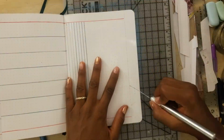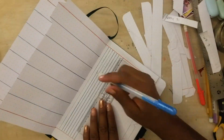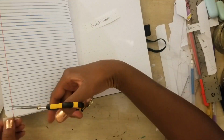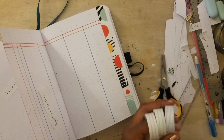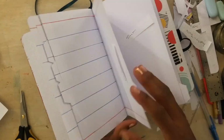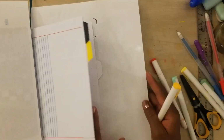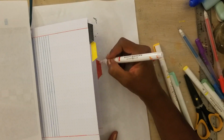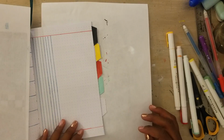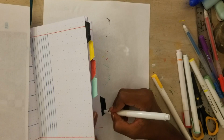Now, tabs are necessary in order to sort of break down the weeklies. It just makes things easier for me. I have some 80s themed washi tape that I just randomly picked up one day and saved it, and of course decided to use it for this 80s throwback. It's funny because I didn't have it when I had originally planned this post, but sometimes that's why waiting works. You are able to collect things and do things, you have more time to let ideas marinate